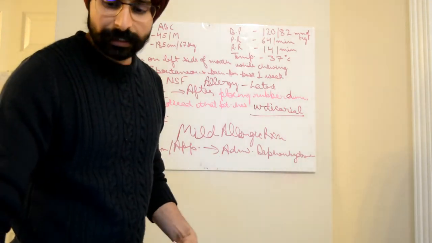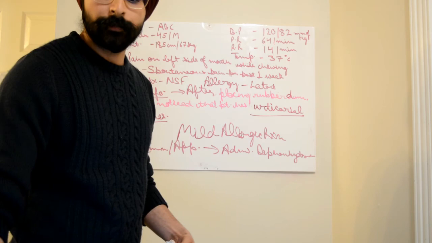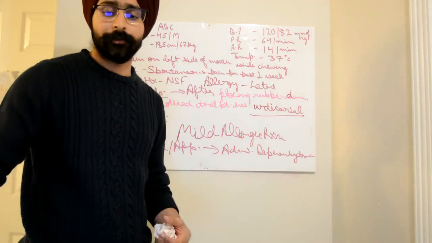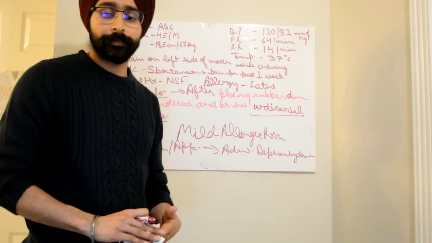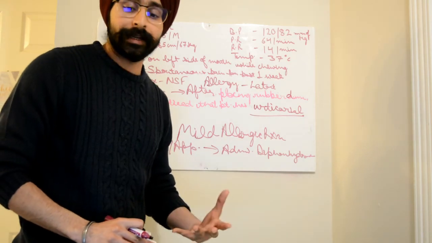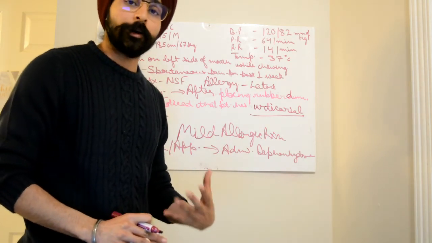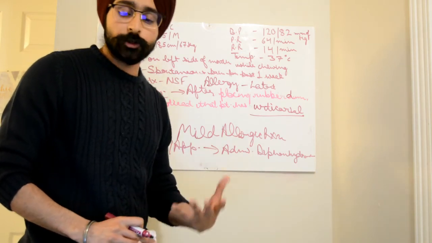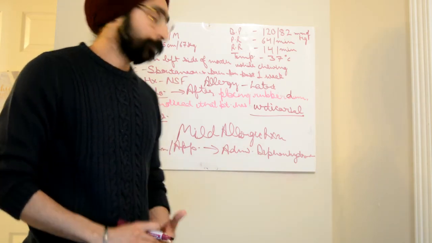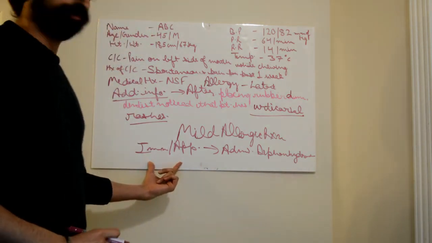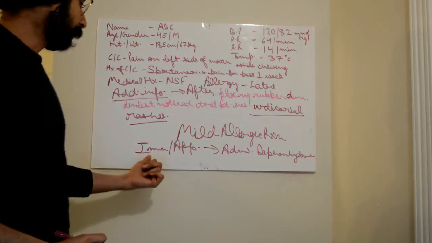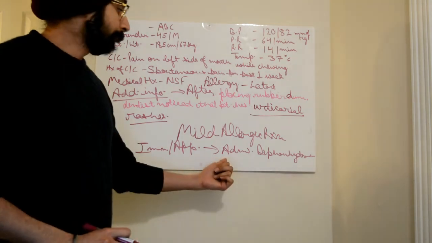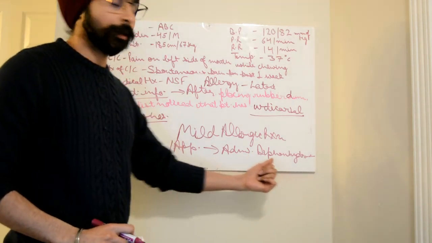The other signs and symptoms for mild allergic reaction, or we may call it delayed skin reaction, are itching, nasal congestion or rhinitis, maybe watery or itchy eyes, nausea, angioedema and erythema. So guys, don't forget the treatment of mild allergic reaction. Immediate and appropriate are same, that is administer diphenhydramine.